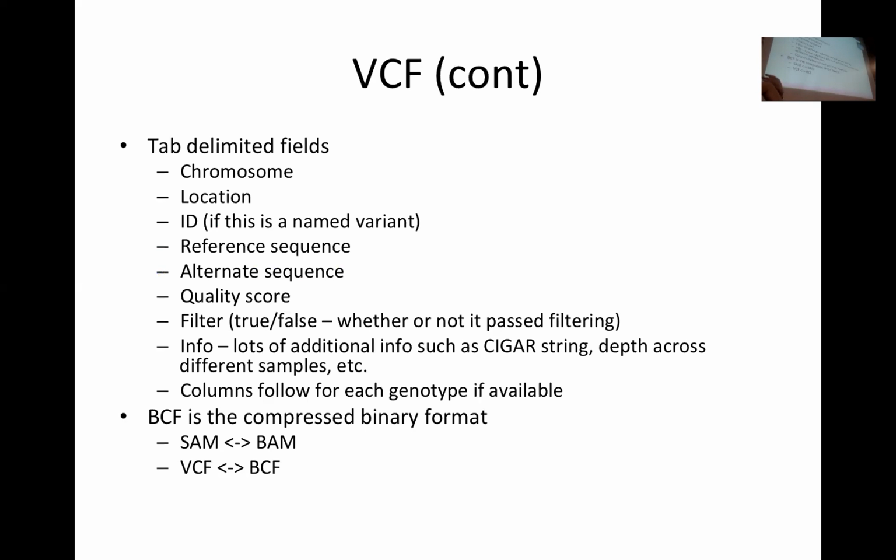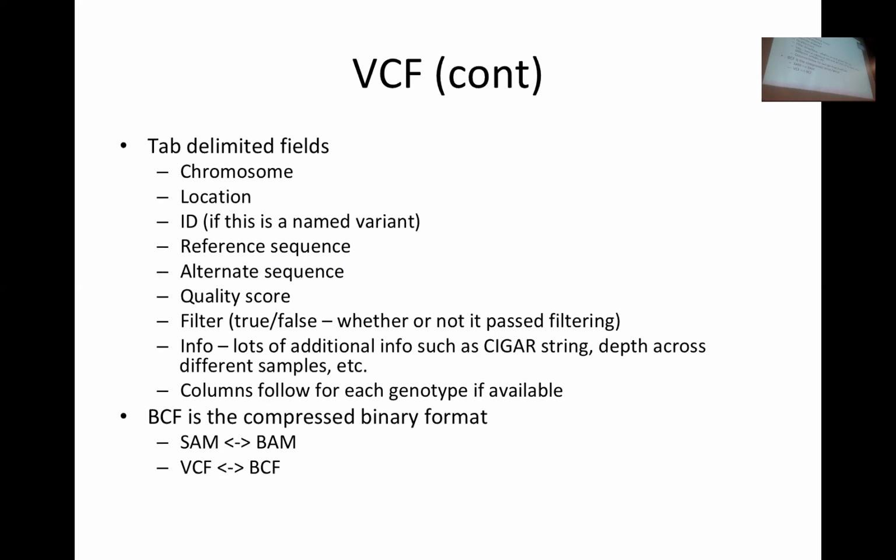It's just going to say the reference is an A, the alternate is a C. Or the reference is an ACT and the alternate is a deletion. So I'll just give you the difference between the reference and the reads. The quality score is usually calculated differently by every different variant caller. We'll be seeing MapQ, which is a Phred scaled genotype likelihood based quality value. But that's something that you need to look at for whatever is creating your BCF file, for how it does quality